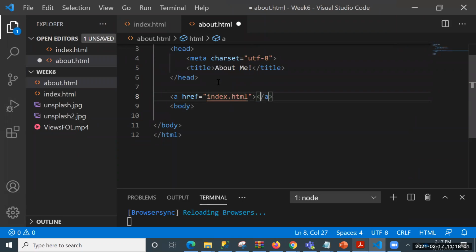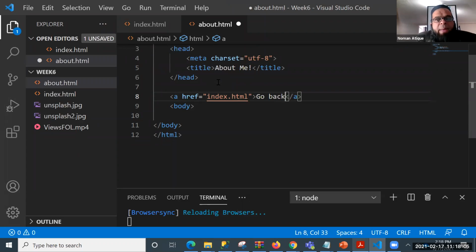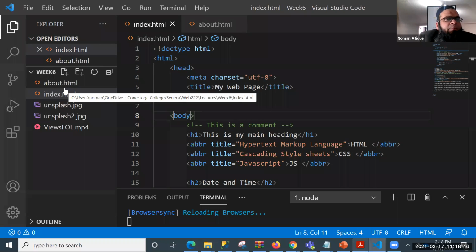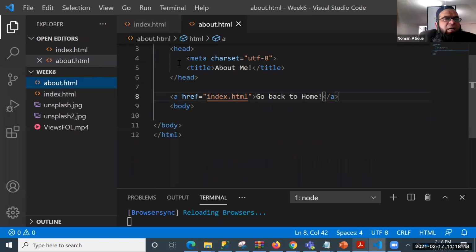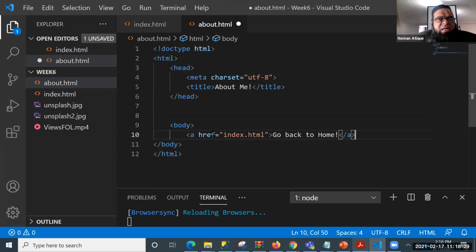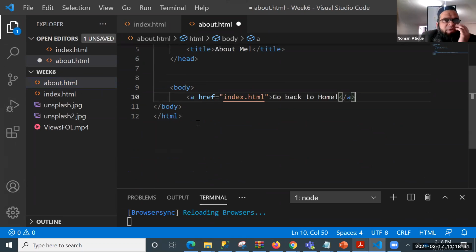Can you do that again? I'll do that again, don't worry. I missed that. Go back to home. What you want me to do again? In index, what we have done is just added another HTML file in our folder, about.html. And in that about.html, I have just copied and pasted the basic HTML code, so it's a page that has nothing, but I have to do it inside the body. Inside the body, what I've done is added this a href equal to index.html, go back home.